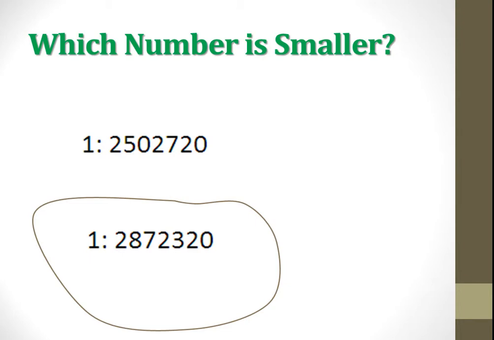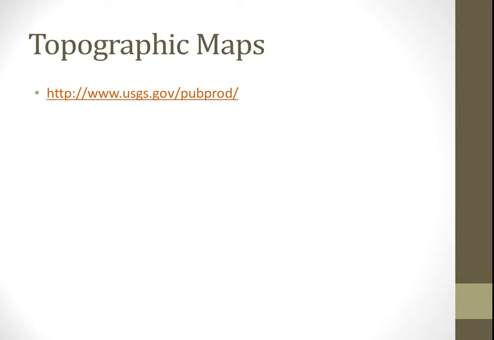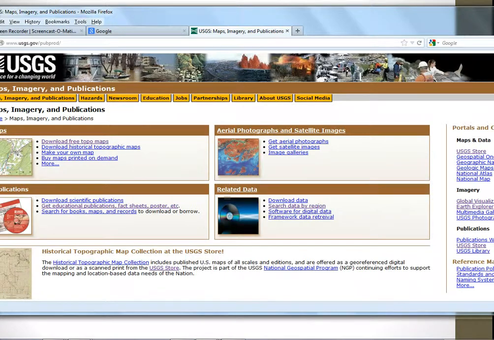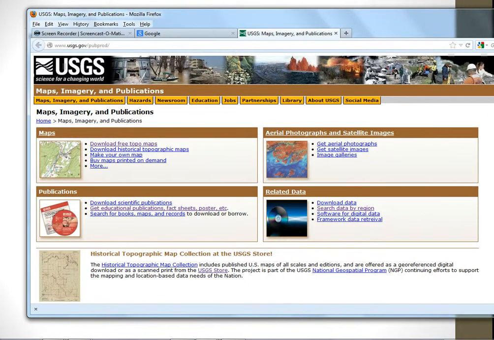aspects on the paper. So the mini lab will have you go through these three skills: converting, and then figuring out paper size. Plus there's one other extra little example of converting, trying to figure out what the scale is on a topographic map. Then the last thing I want to show you, I have about a minute and a half, is this website for downloading topographic maps, and it is just very sweet.